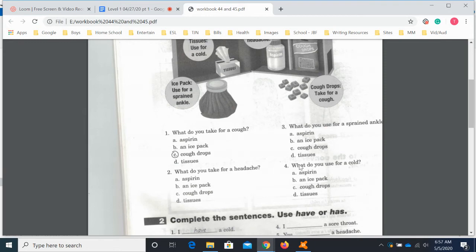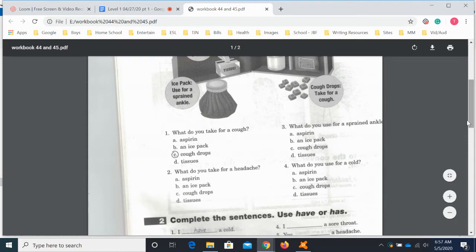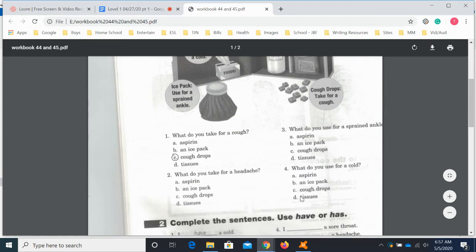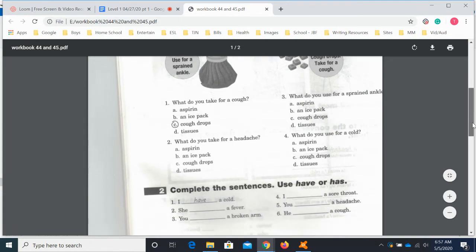Number 4, what do you use for a cold? Aspirin, an ice pack, cough drops, tissues. And for a cold, we know one thing you use for a cold is tissues. Okay? And tissues is answer D. Okay, next,